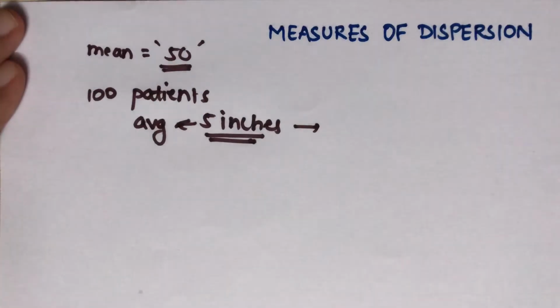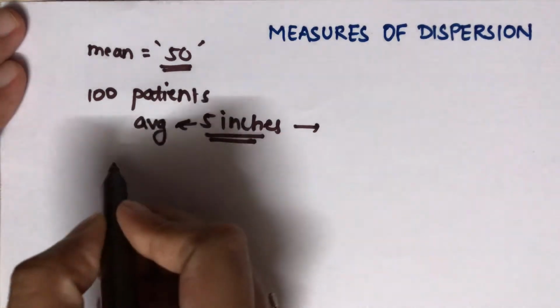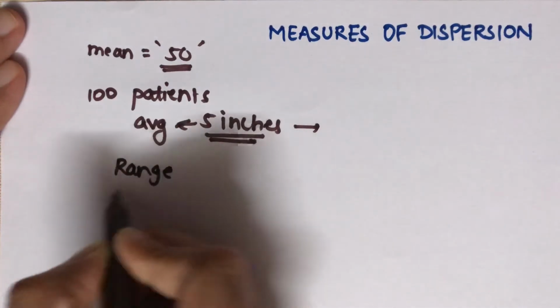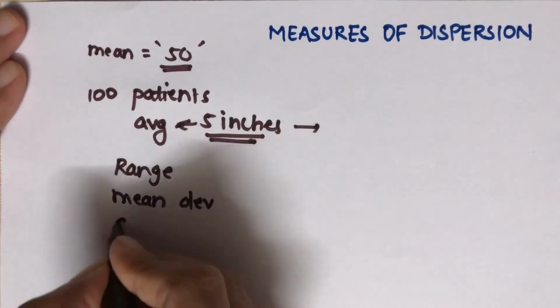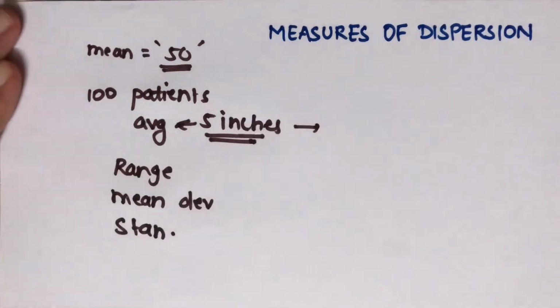Dispersion is the degree of the spread or the variation of the variable about a central value. The most common measures of dispersion are range, mean deviation and standard deviation. Range is the simplest method, defined as the difference between the value of the largest item and the value of the smallest item. This measure gives no information about the values that lie between the extreme values.